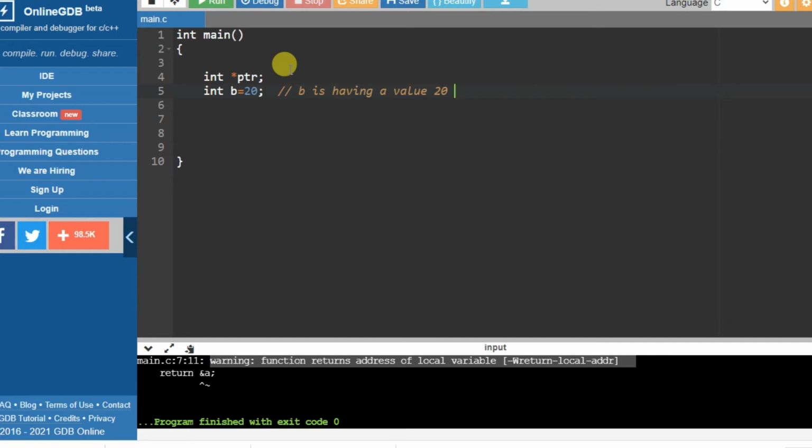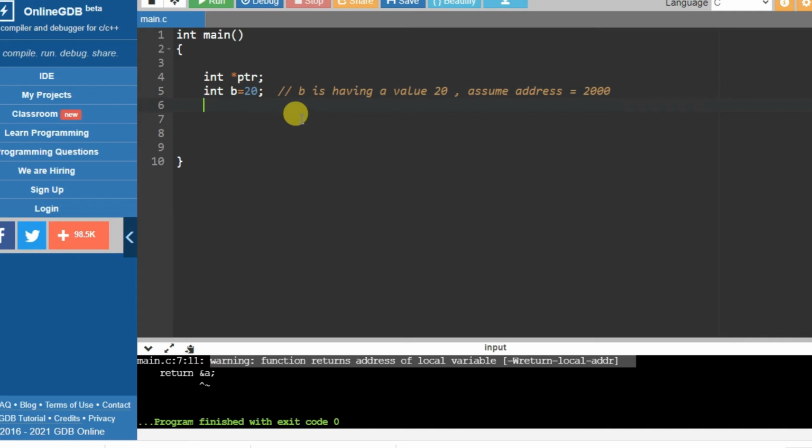Always understand that when you declare a variable, it will have some memory allocated to it, and there will be a value. Here the value is 20, and let's assume its address is 2000. So 2000 is the address where the value 20 is going to be stored.